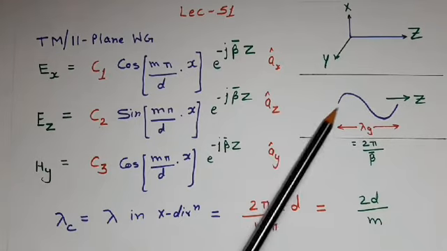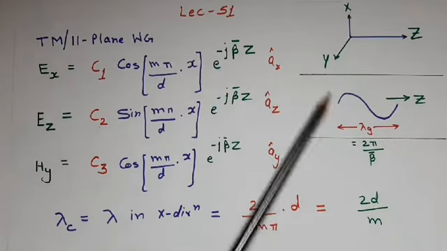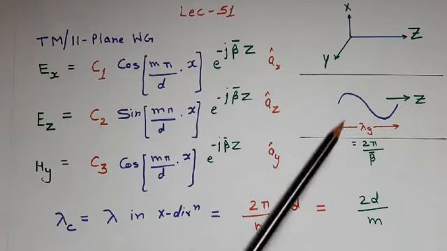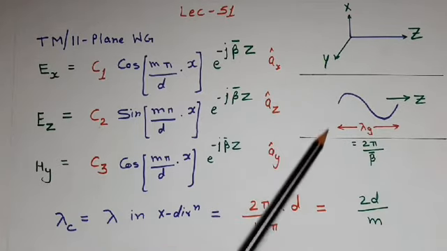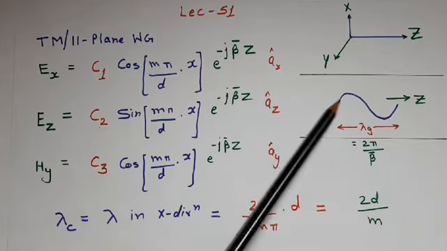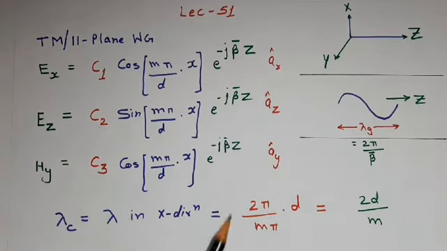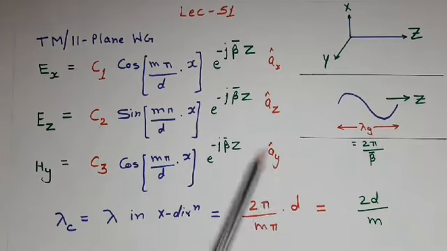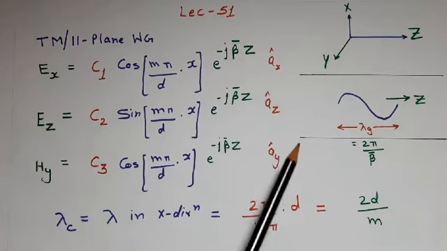So therefore, in the x and y directions we can say that in the direction in which a boundary exists, field variation will take place. But in the direction in which there is no boundary, the field remains constant. Therefore, in a parallel plane waveguide, because in the y direction there is no boundary, the field will remain constant.